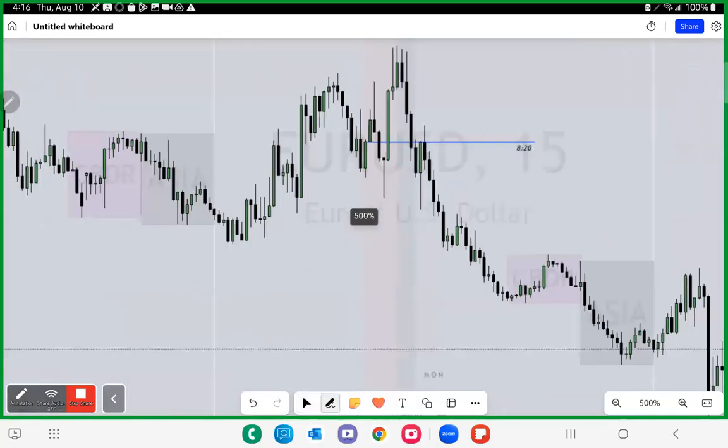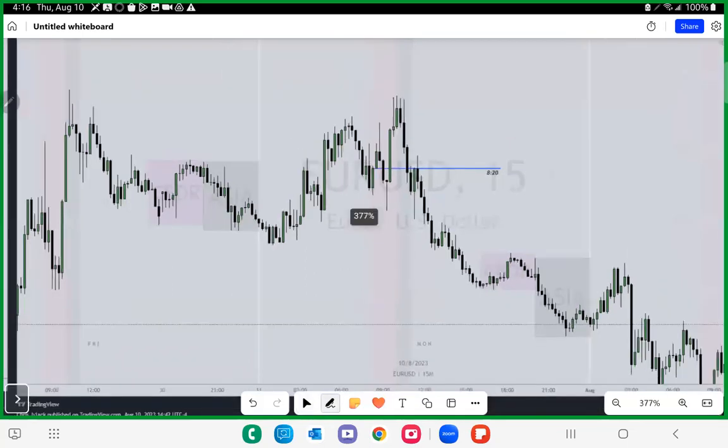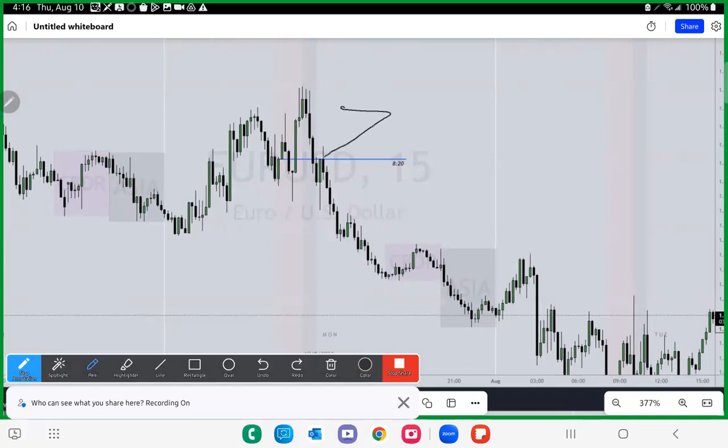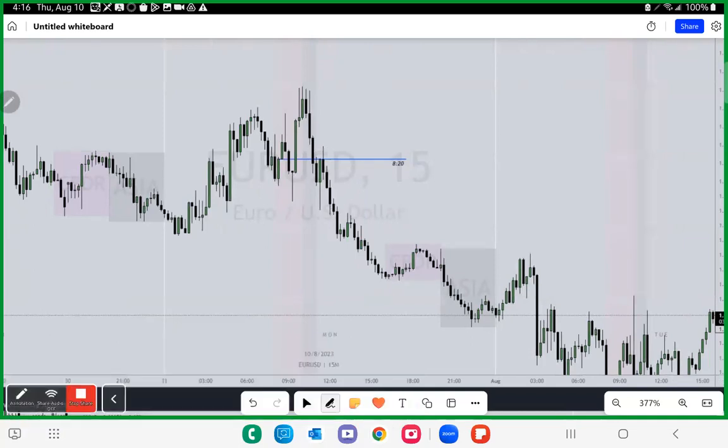And then there's also your 820 opening price that we come back and go below, okay? And you can also see here, bodies of those candles don't go above that 820 opening price, all right? So the 820 opening price does have a purpose.